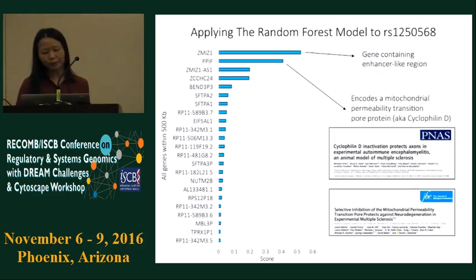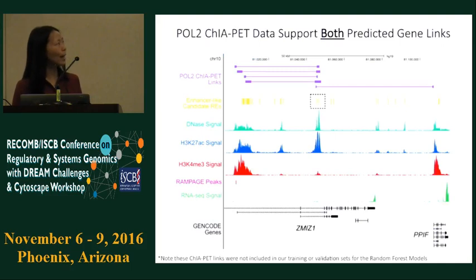If we do a PubMed search, you will find that PPIF encodes a mitochondrial permeability transition pore protein, which has quite a bit of support in animal models. It might cause autoimmune diseases, including multiple sclerosis. So this is likely to also be a target gene for the candidate RE that harbors this SNP. So just to go back to